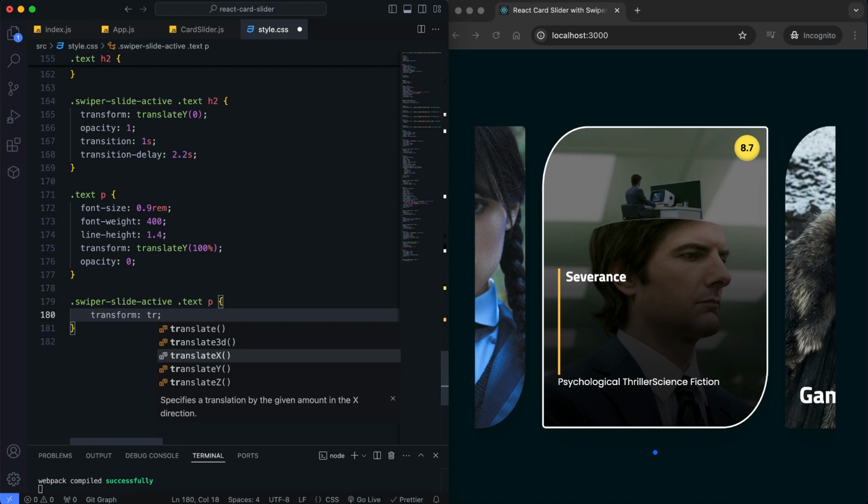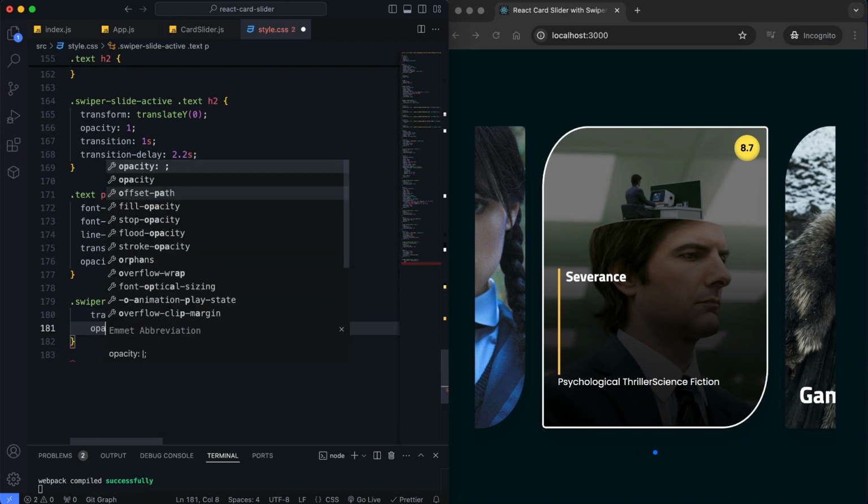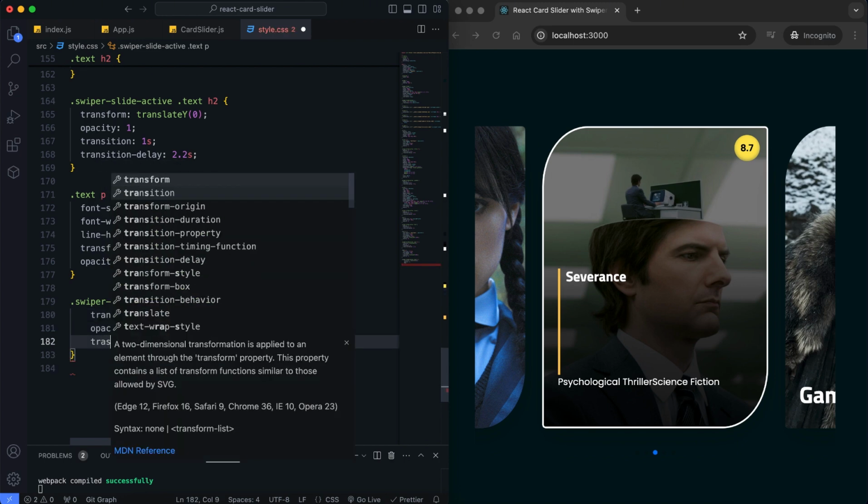When a slide becomes active, IMDb score, title, text, and genres appear with animations.